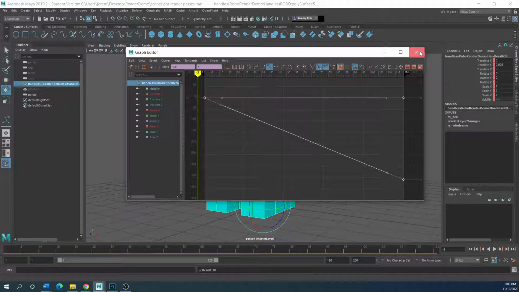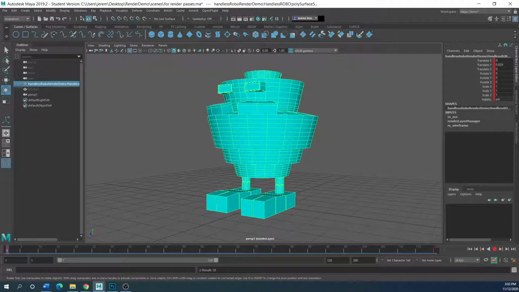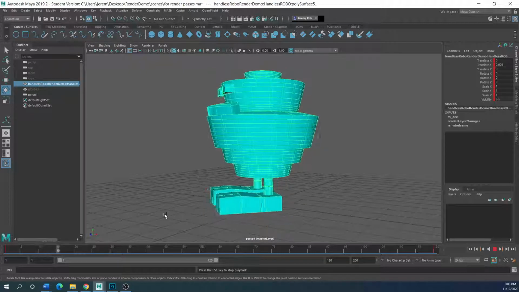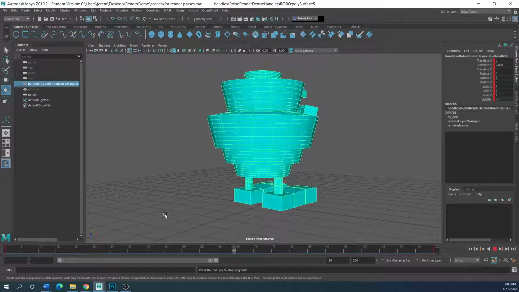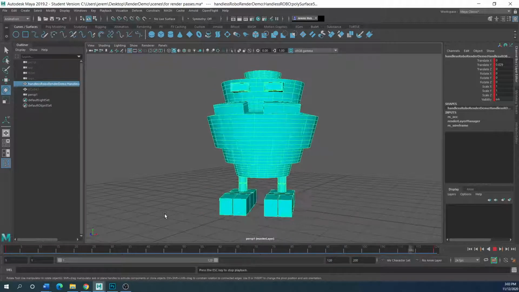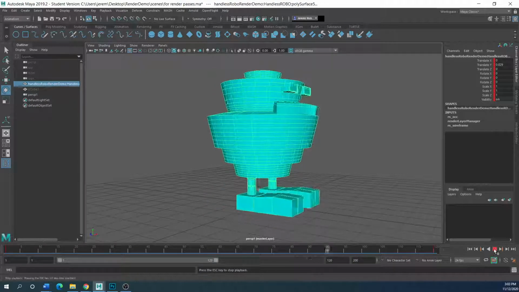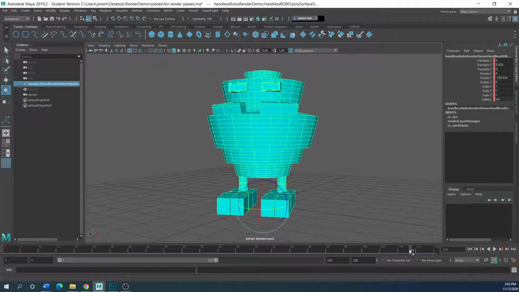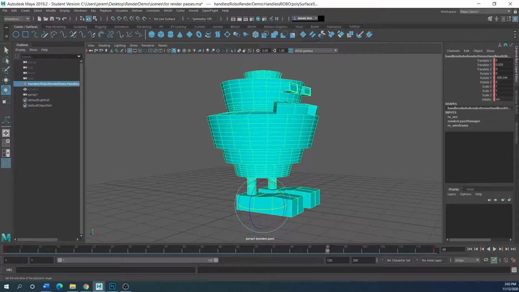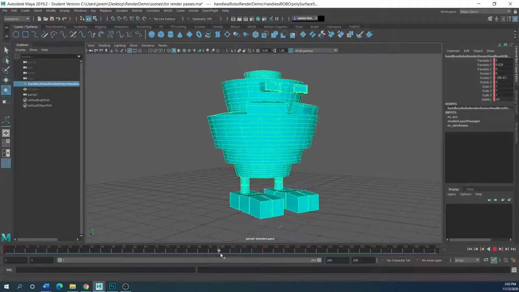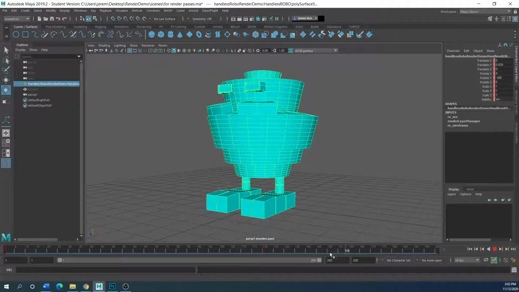So if I close this out and now go back to the front, it's just non-stop. And if you think it's running too fast or too slow, you can always change your timeline. If I want to expand this out to 200, your keyframe is going to stop here. Your animation is going to stop there,